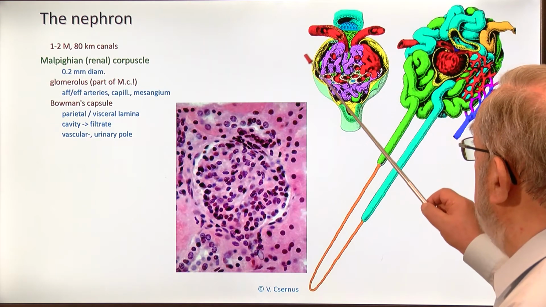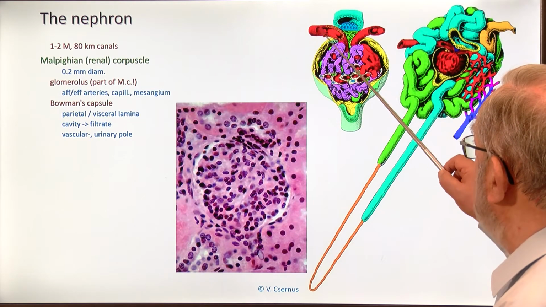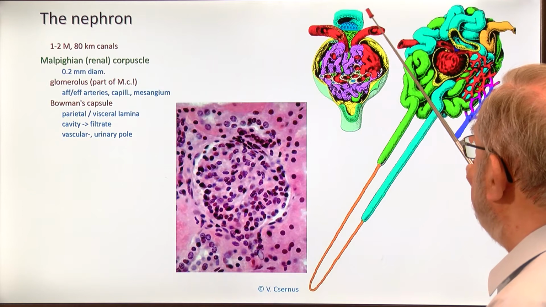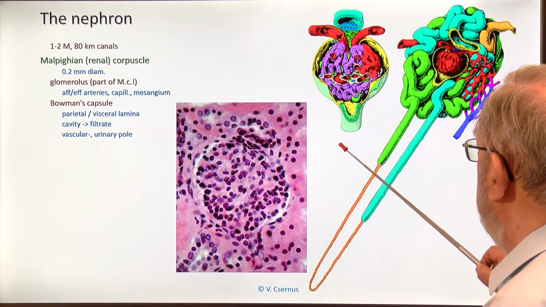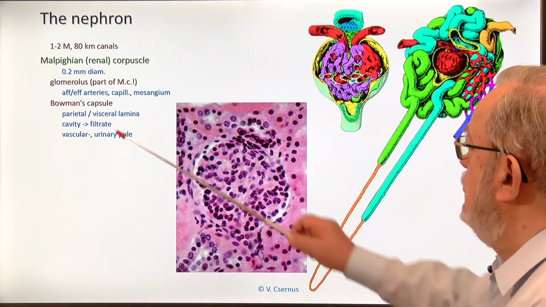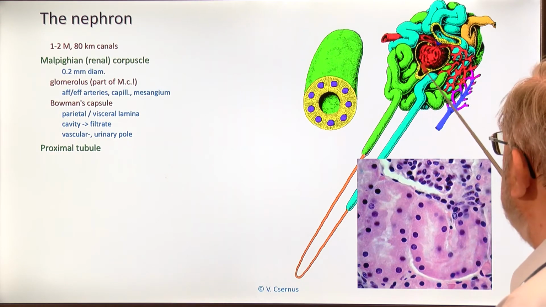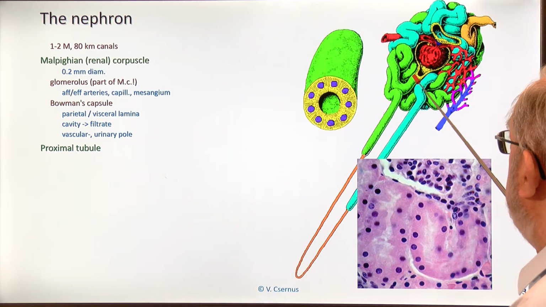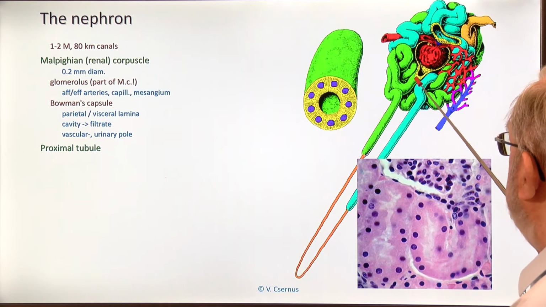The Malpighian corpuscle has two poles. One of the poles, in which the artery is entering and leaving, is named the vascular pole, and just opposite to that we have the first tube which carries out the filtrate, and this is what we name the urinary pole. Okay, from the Malpighian corpuscle, tubes come out, and we have three types of active tubes there. The first one is named the